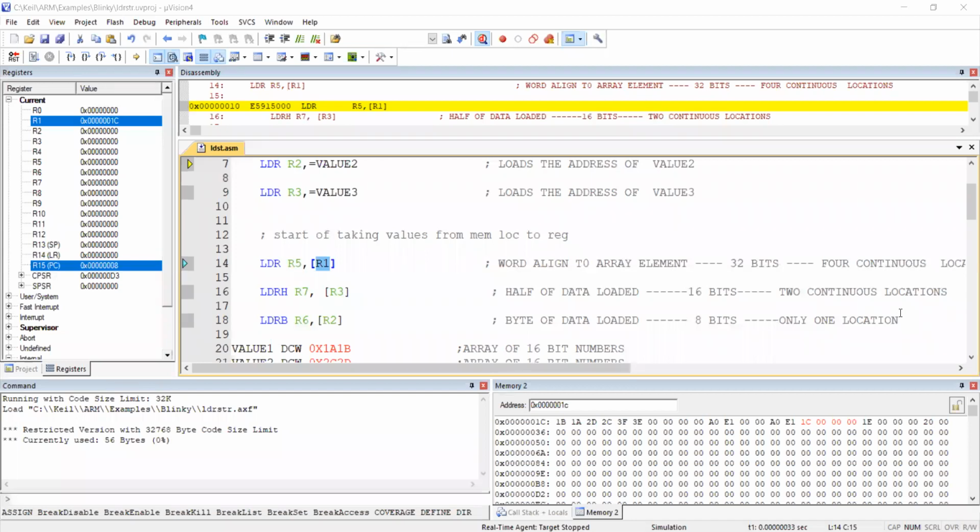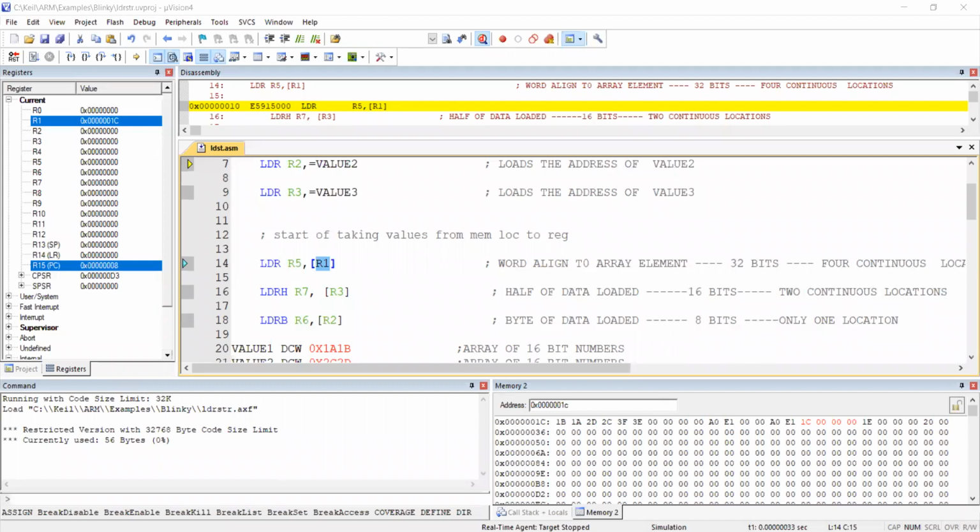Location 1C has data 1B, whose bit representation is 00011011. That means from one location you will get 8 bits. Are you clear? From one location you will get 8 bits.